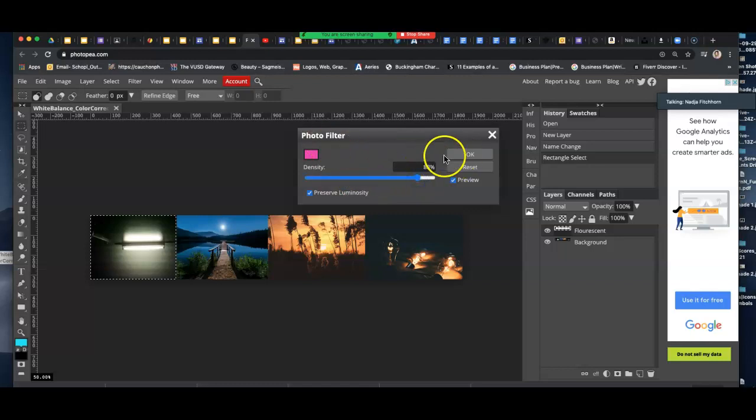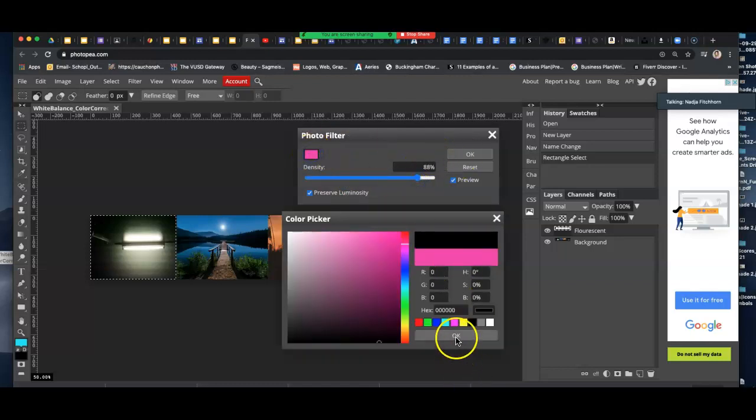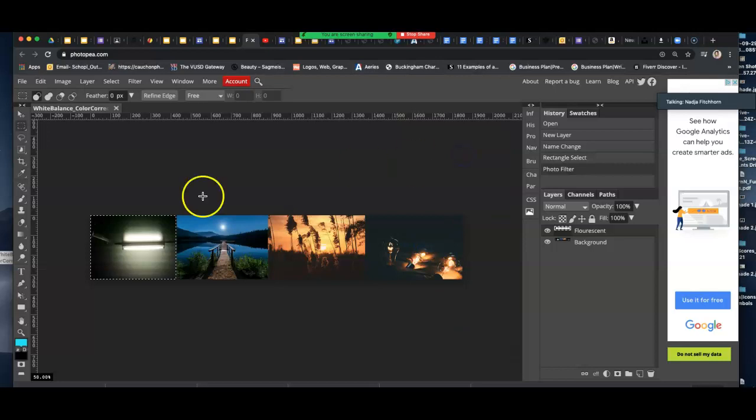I don't know why it's not applying it on there. I might have to redo this tutorial because it's supposed to apply it right on there. And it doesn't look like Photopea wants it to. So the second place we put a color filter on, if that's not working, is we go down here to